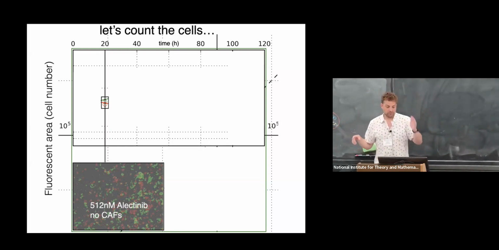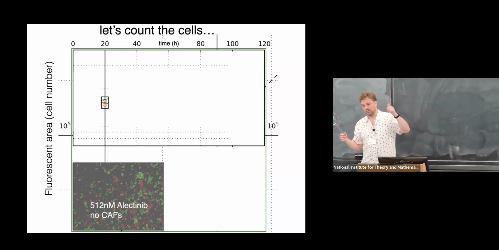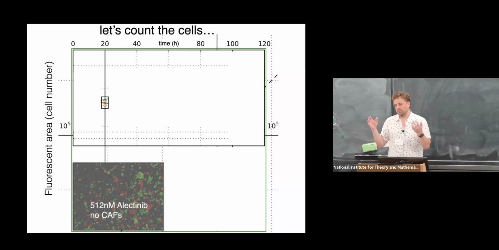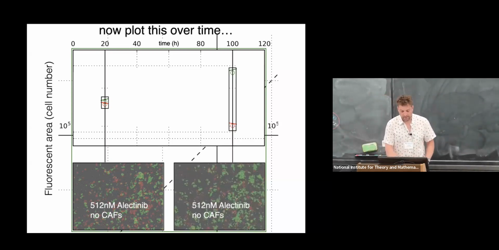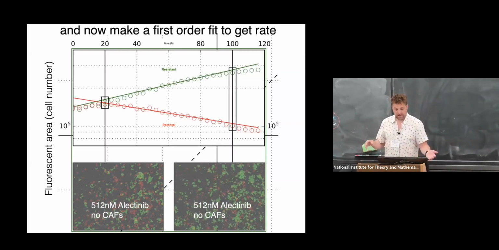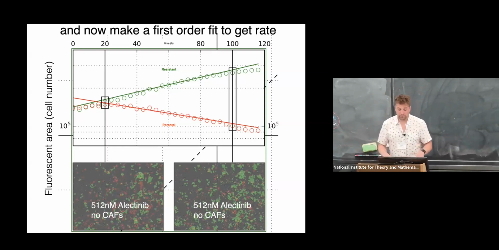On the y-axis, you have cell number, raw cell number of each type. And you see on the bottom, there is drug, there's some dose of the alectinib, and there's no cancer-associated fibroblasts. So call it winter, if you will. There's another scenario where this is the same thing. So what we do is we actually put those together and count them in time. It's actually quite nice, nicely linear on a log scale, pretty neat. So it fits an exponential pretty well.